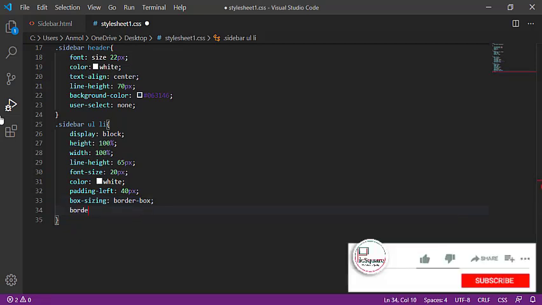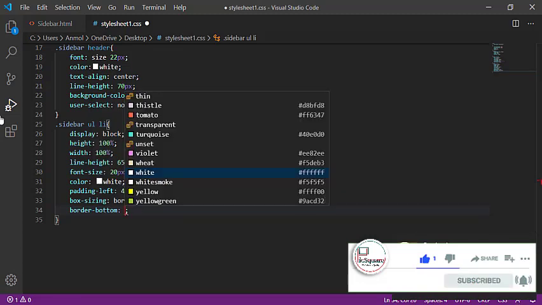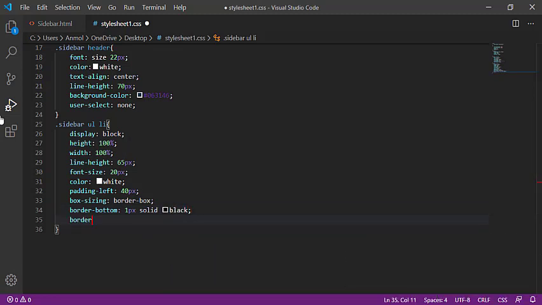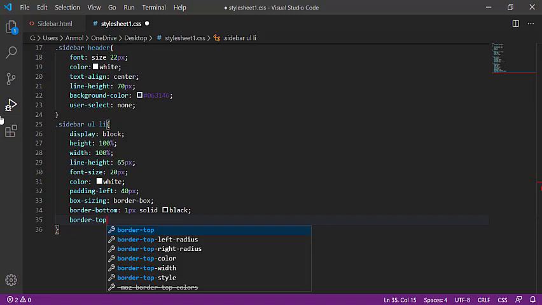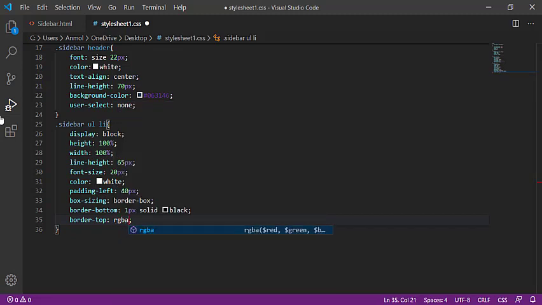border bottom one pixel solid black, border top with RGBA values, again 1 pixel solid RGBA.